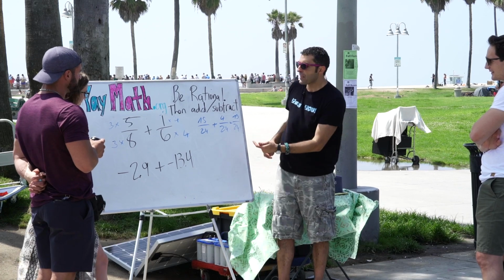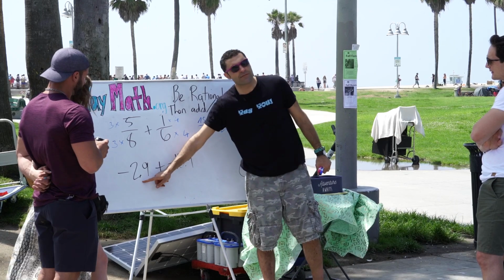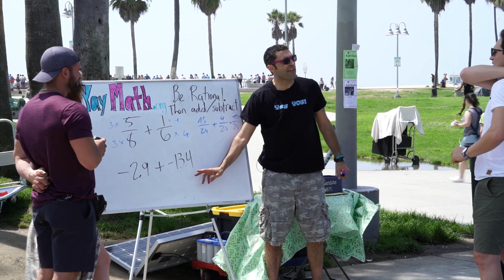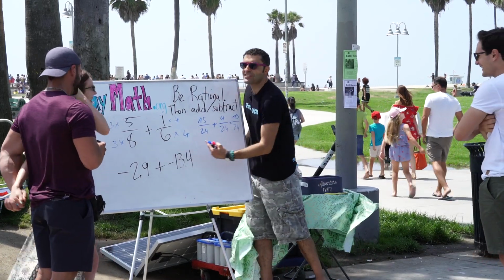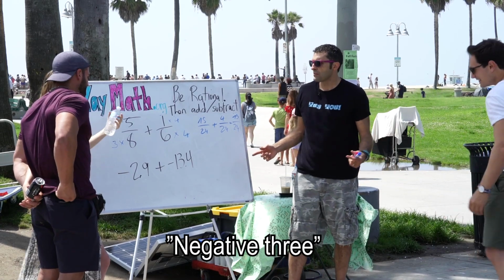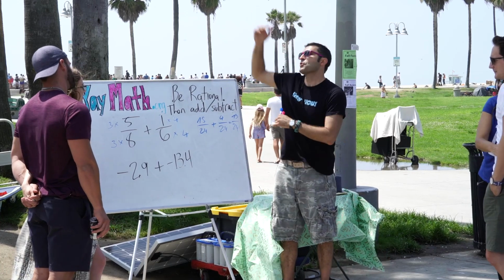Another way to think of it is, would you rather have negative around $3 in the bank or negative 13 in the bank? Neither is the right answer. But then some people ask, which is the bigger number? What's bigger? Negative 3. That's right. Negative 3 is bigger because it's closer to your goal of surplus.